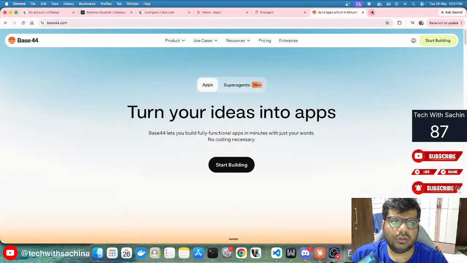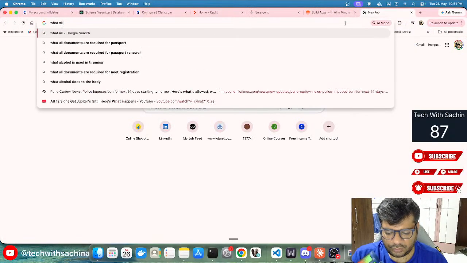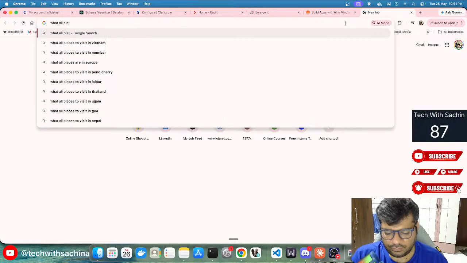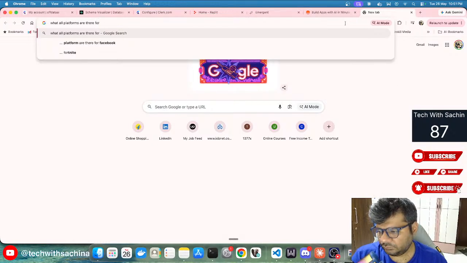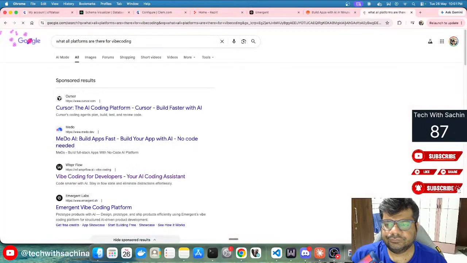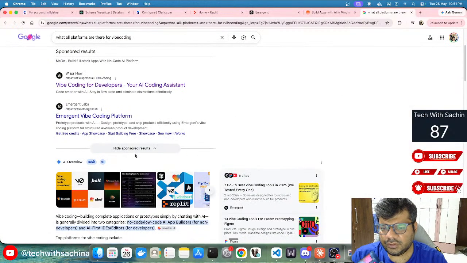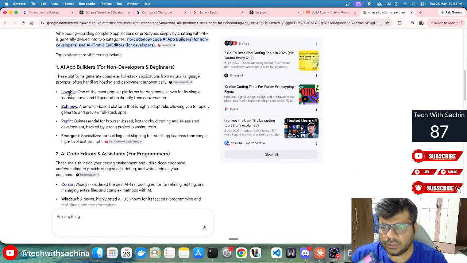Okay, what all other platforms are there? Let's check what all platforms are there for vibe coding, right? Cursor, we already know, right? I need some kind of SaaS platforms, right? Lovable is there, right?